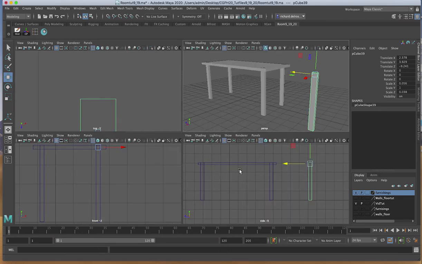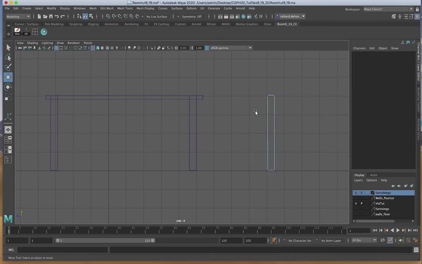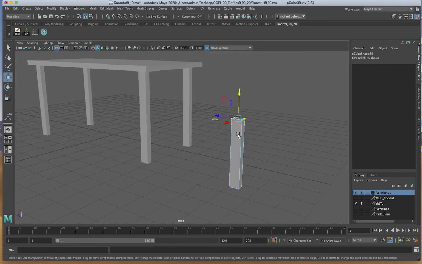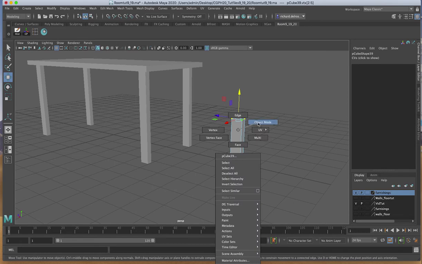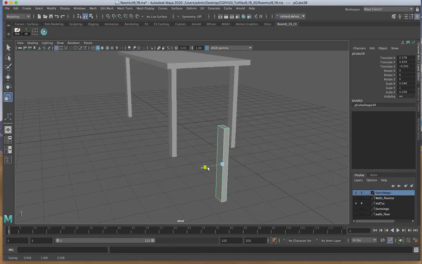I'm going to go to an orthographic view, and in my side orthographic view I'll right click and choose vertex. I'm going to scale it from the vertices on the top. Dragging on the Y, I'll give it the height I think I need for the chair to slip under that table eventually. I'm going to go to my perspective view now, and I'll right click and choose object mode, and I'll center the pivot. I might want to scale this a bit, make it thinner